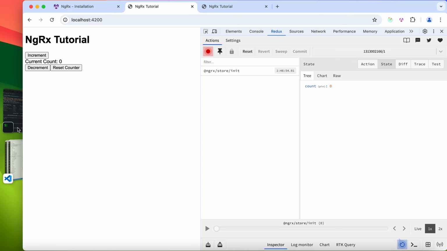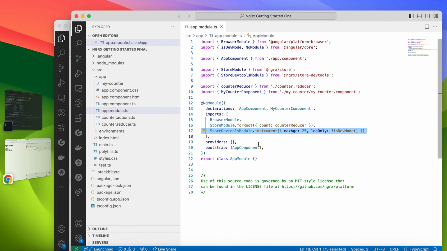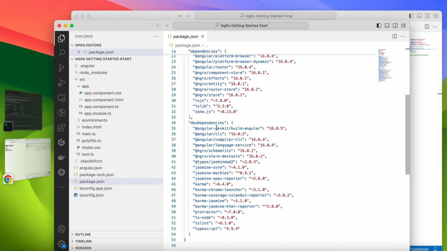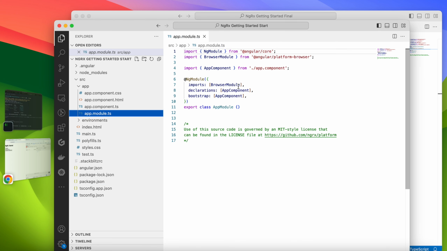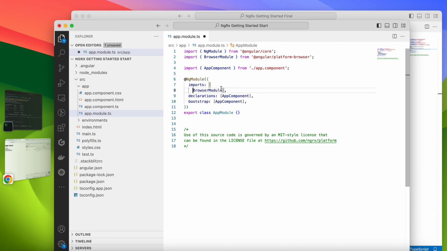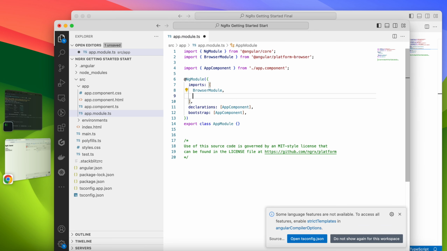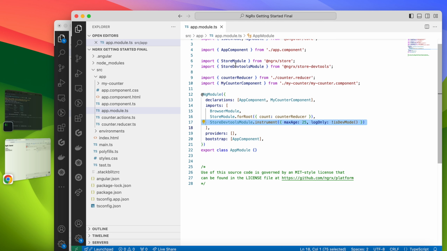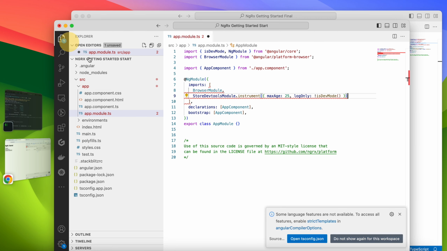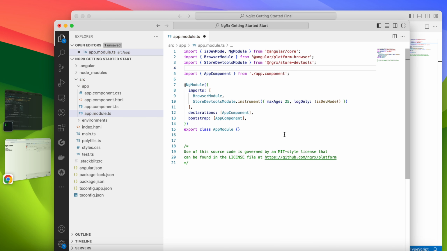Okay, let's set up the same for the starting point. So let's copy this line and let's open our app module, and under the imports let's add this. All right, we do the proper imports, and let's copy this import that we had here. All right, okay, perfect. But you see here that we only have the store DevTools module, but we don't have the store module yet, right? Because it is part of